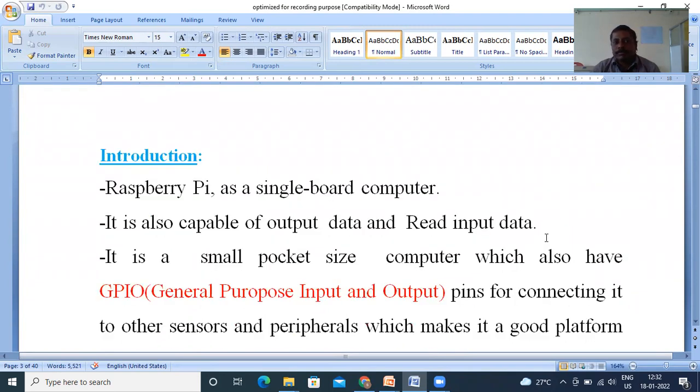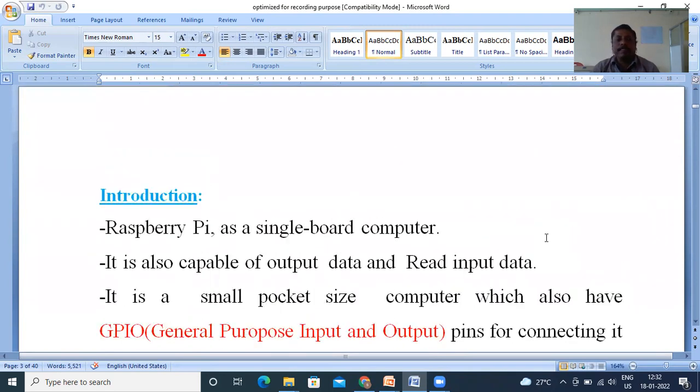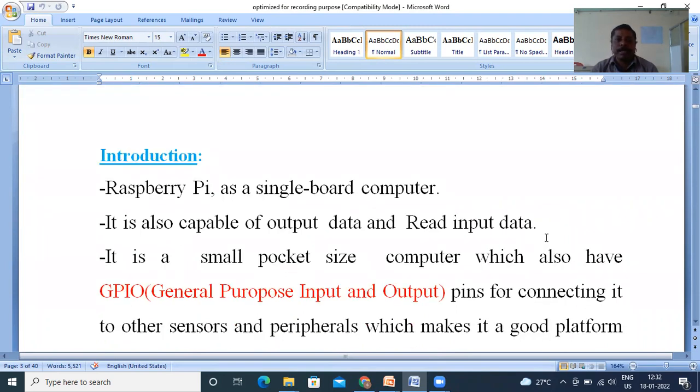Now let us be brief about the device that we are going to use. It is a Raspberry Pi. The Raspberry Pi is a single board computer, like this one. I think you can see it. It is capable of outputting data and reading input data. It is a very small size computer, which also has general purpose input output pins for connecting